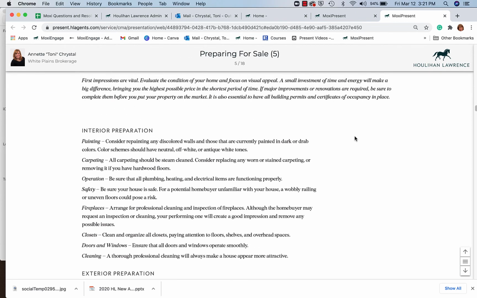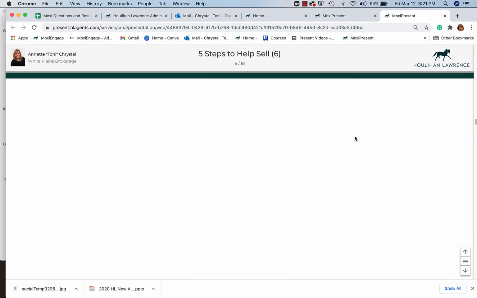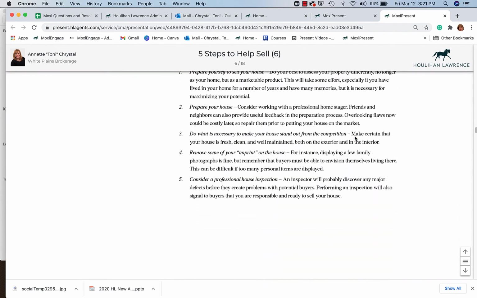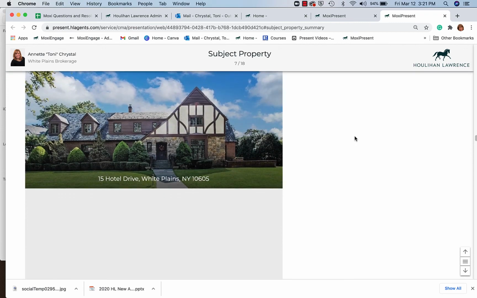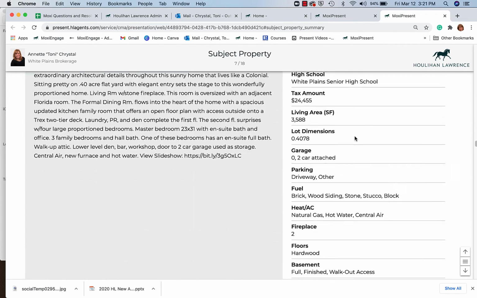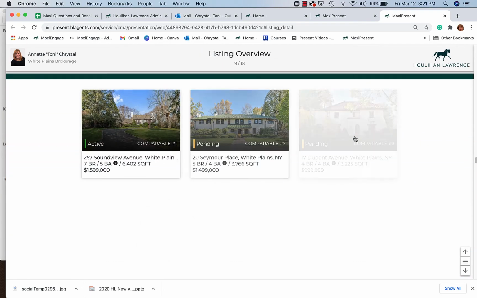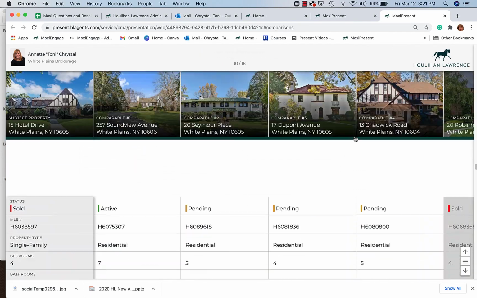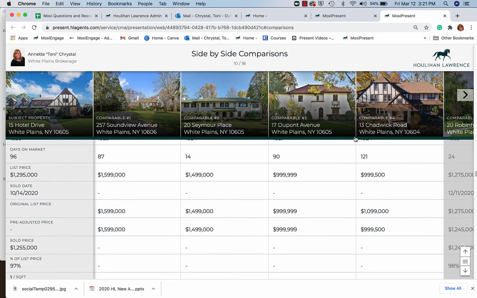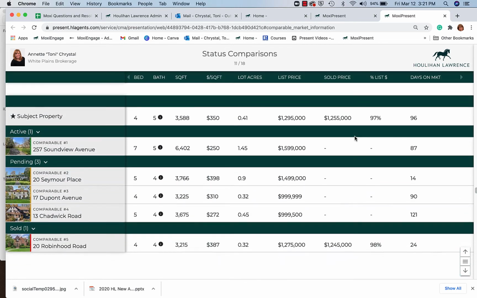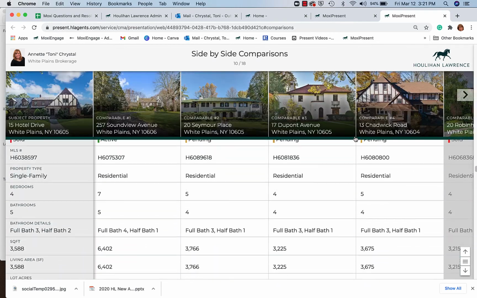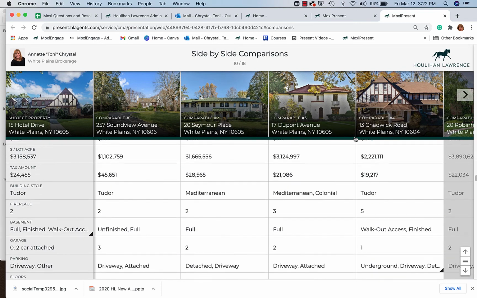So here's some preparation for sale. 5 steps for helping you sell. This is my subject property. This is the location map. This is my listing overview. And then there's my side-by-side that I modified a bit. Here's my side-by-side comparison, sorry. There's my